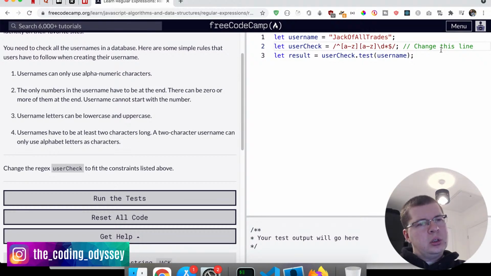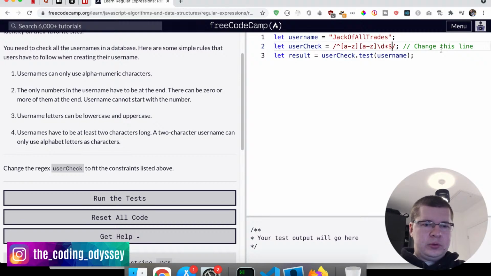I'm wondering if this should be at the end or before. Anyway, let's try it like this. So we're saying one option is to have it like this, where you have 2 letters and then 0 or more digits,